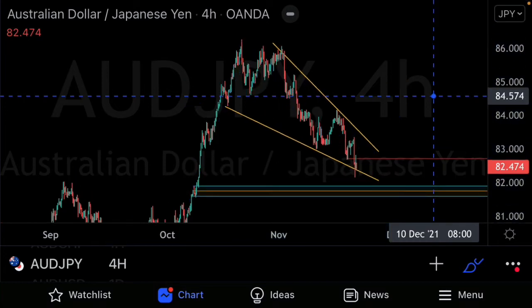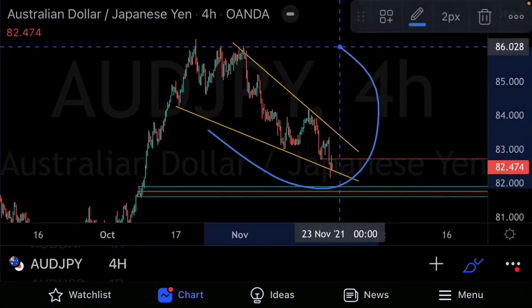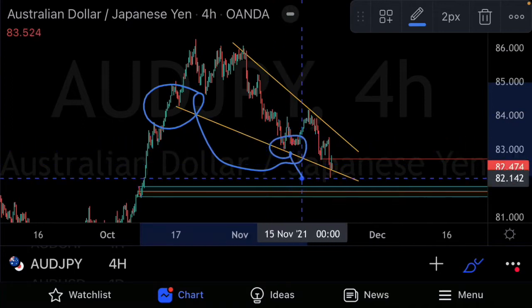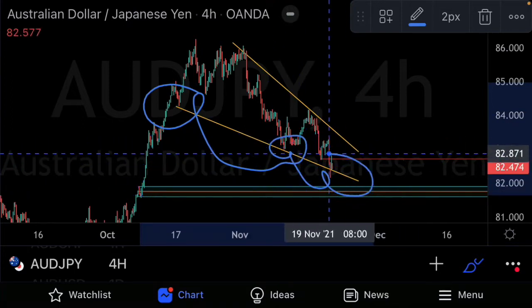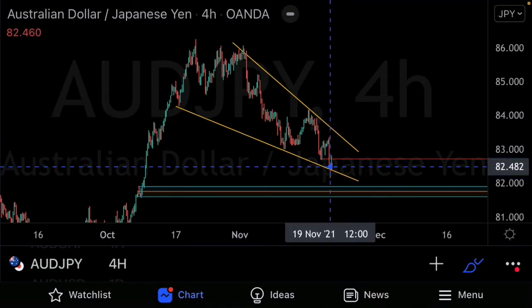So that's exactly what we're going to be looking for here, guys, on AUDJPY. We have this beautiful corrective structure, including our nice first touch, our nice second touch, and obviously we understand that prices can terminate in this third touch region. Now since prices have already touched our region over there, what we will be expecting and what we can be